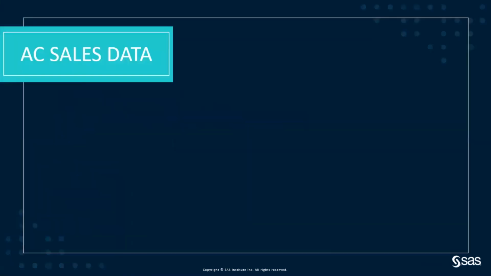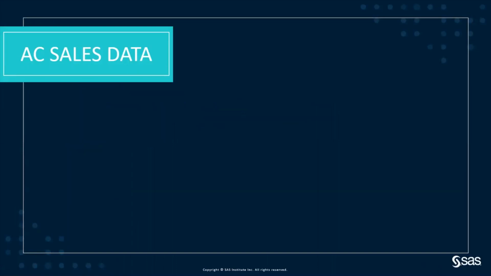transpose. Have you ever needed to restructure your data in order to get a certain graph or report? Well, if so, then you're in the right place. In this video, we are going to look at how to do both a wide to narrow and a narrow to wide transpose, first with one measure and then with two. So let's get started. We'll begin by introducing the data we are going to be using in this video.